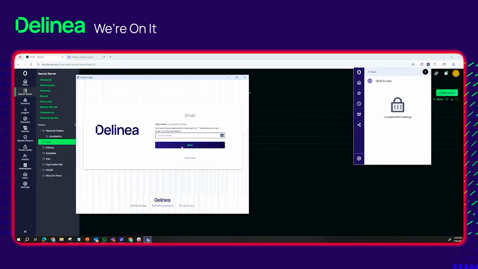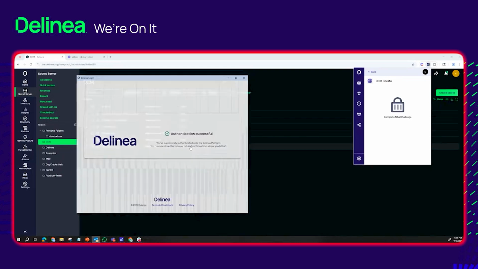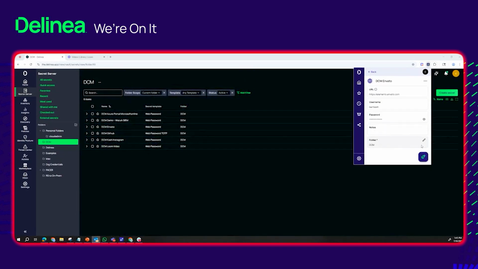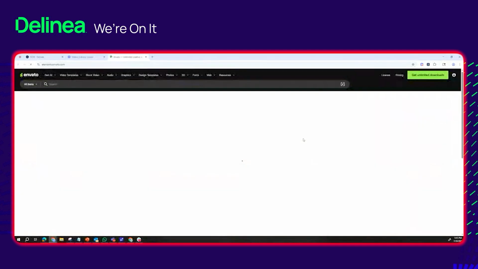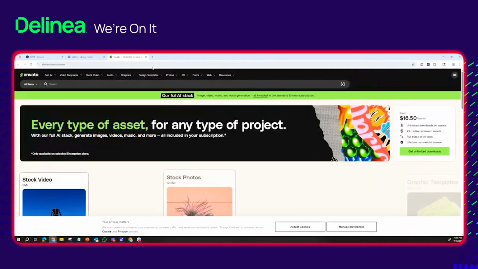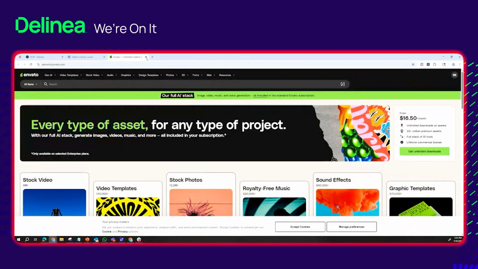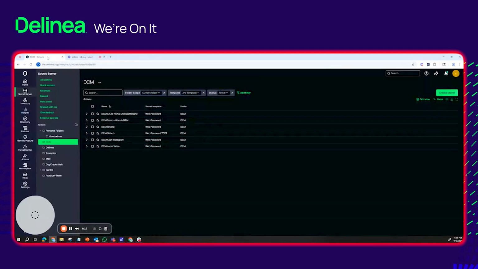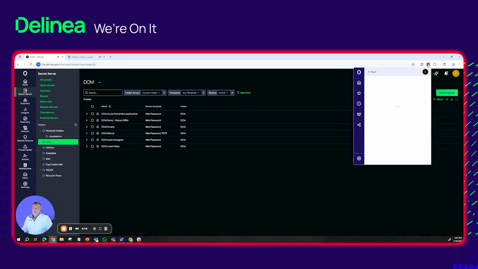Pop this in, and you'll notice that now we have access to that secret and we can launch right into that credential. You'll also notice that we are logged in, auto logged in, just like that. So next up, I'm going to close out of this, come back over here, come back into Credential Manager,